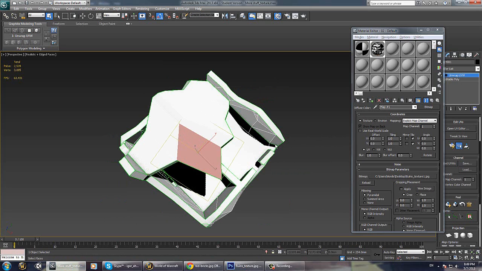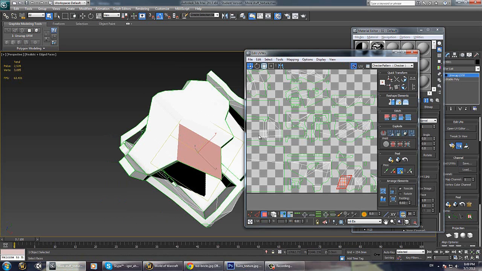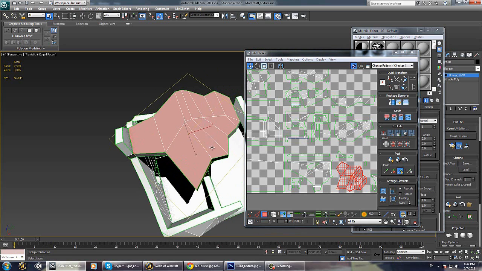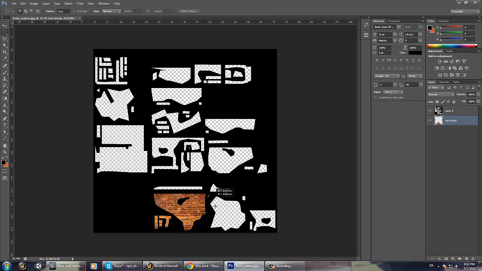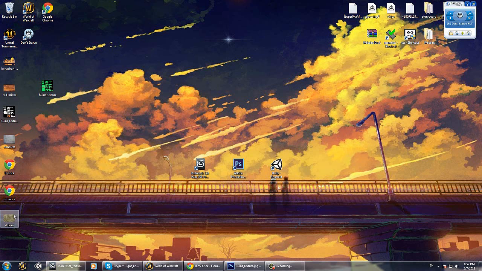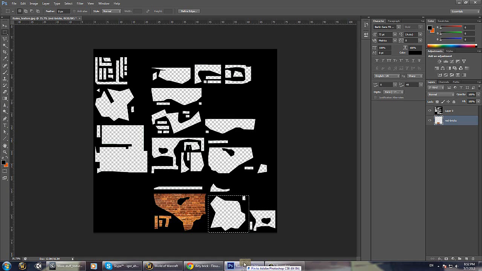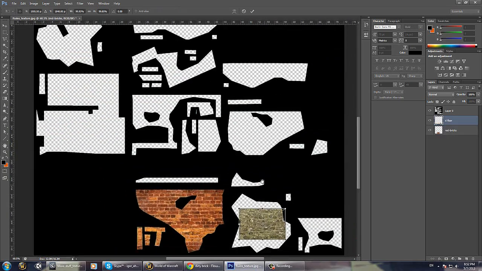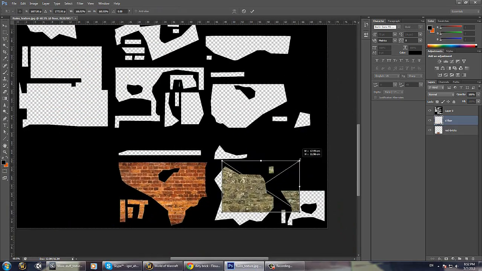So maybe this floor. Let's open the UV editor, click on the polygon and see which part it belongs to. So looks like it's this part over here, and let's add a texture of a dirty floor. So now we can add the floor texture to this part, and we can do this by selecting the floor texture or floor image, going into Photoshop and dropping it onto the selected area. Let's resize the dimensions like so,